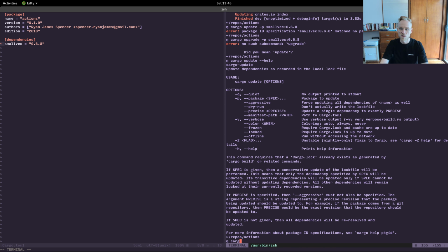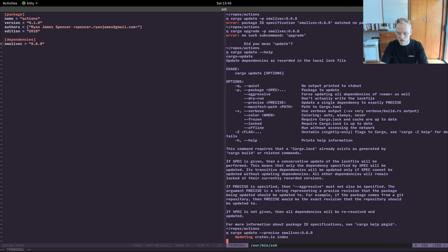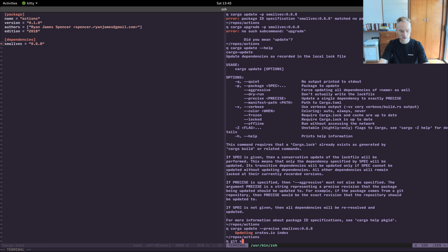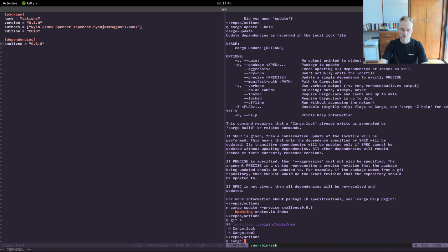So let's do cargo update precise small vet. And what is the shape of this spec? I'm pretty sure it's like this, 0.6.8. Yep, there we go. And if we, let's just cat this log file, you'll see, oh man, alright,